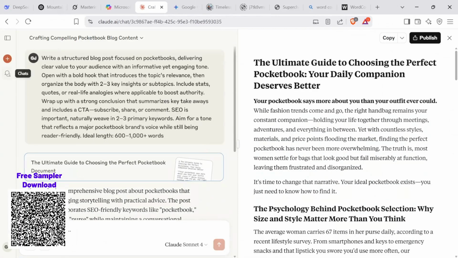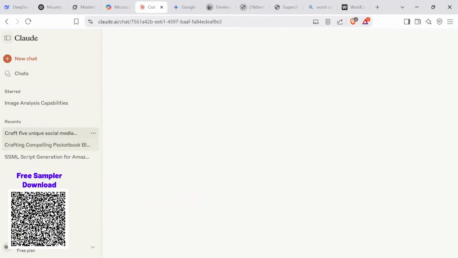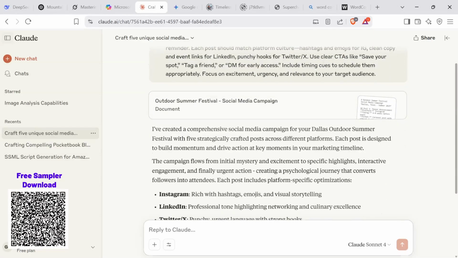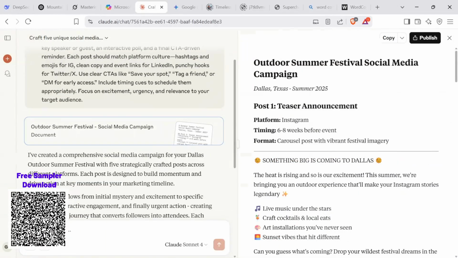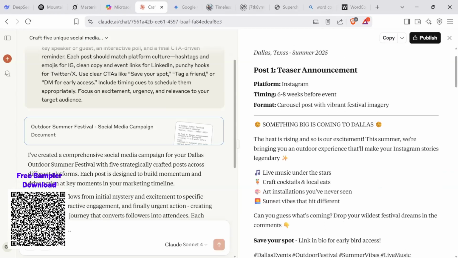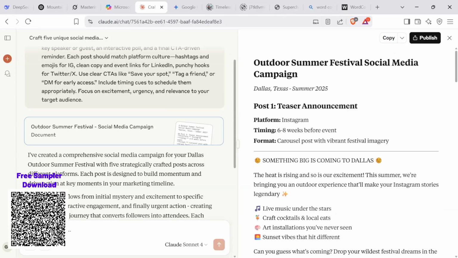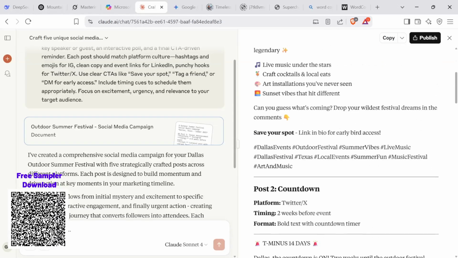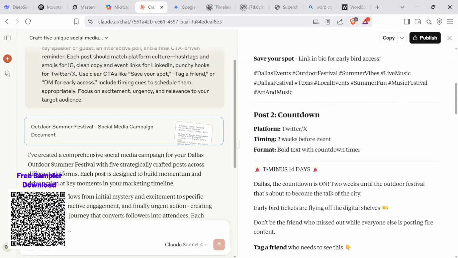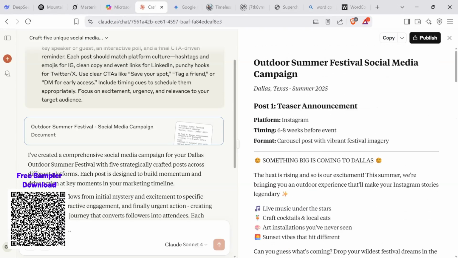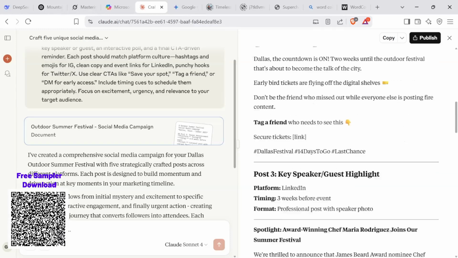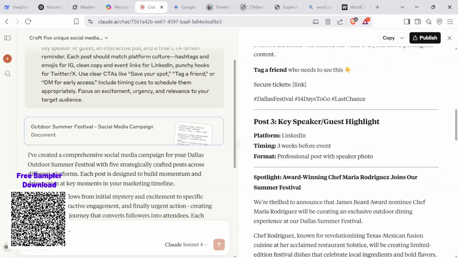All right. Let's go to Claude Sonnet. Let's see what Sonnet says. Okay. Here are the social media campaign documents. I like how they did this. This is very clean. I don't really use Sonnet like this, but this is a very clean layout. I really like that. Sonnet and Grok do the same kind of things, but Sonnet doesn't really get my goat, you know. As you can see, it's got the teaser announcement, post 2 countdown, key speaker guest,